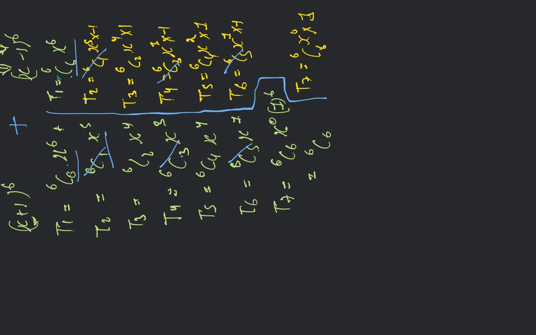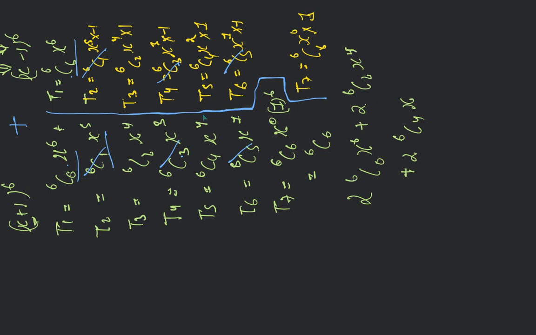The terms which remain are present 2 times, so we can say this is nothing but 2 times 6C0 into x to the power 6. This is 0, not 6. Let me write clearly here. Plus 2 times the third term, that is nothing but 6C2 into x to the power 4, and then plus 2 times the fifth term, that is nothing but 6C4 into x to the power